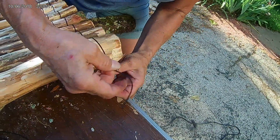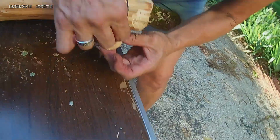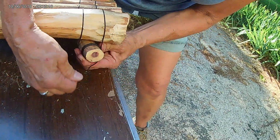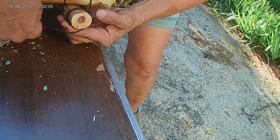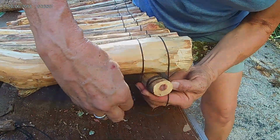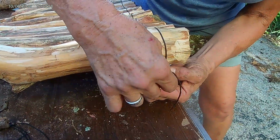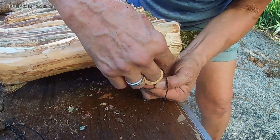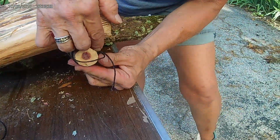Actually, we're going the wrong way. The other way, we went the other way. So we're going to cross under one of those. So yeah, loosen that last one you did. Just kind of loosen. Now you're going to go under. Yeah, we're at the very end. So